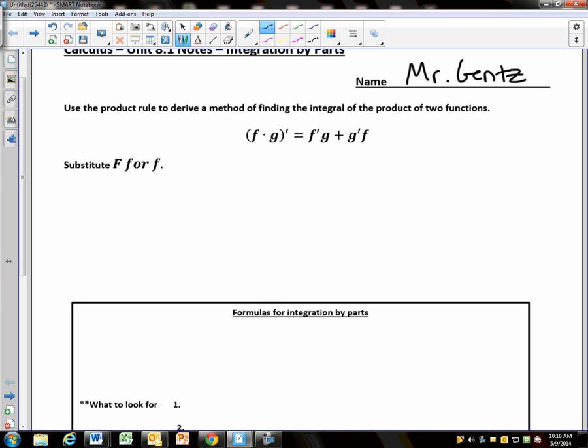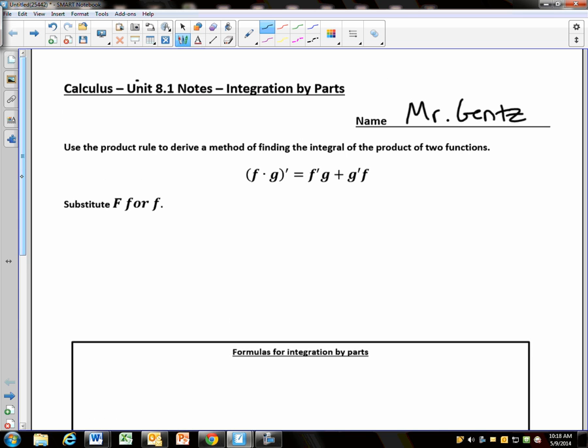Okay, so one thing we don't know how to do is take the integral of functions that require the product rule if you were to take the derivative. So for example, look at this. If you want to find the integral of x cosine of x dx,